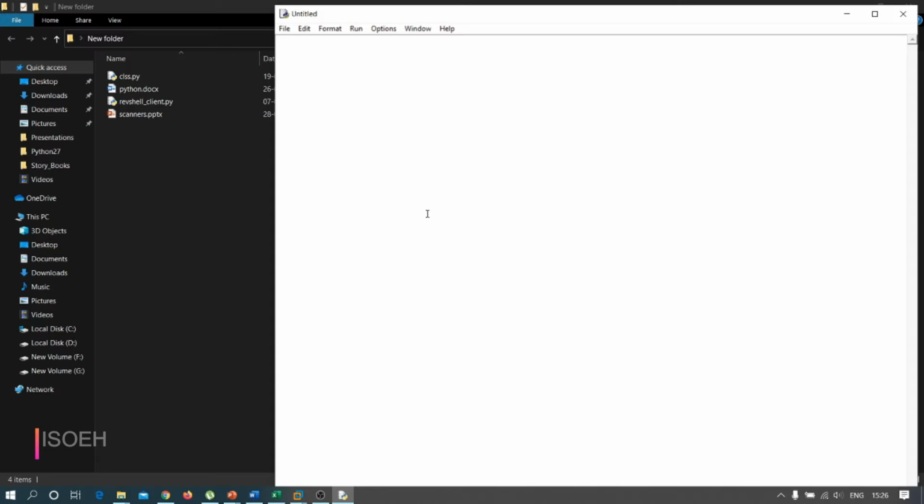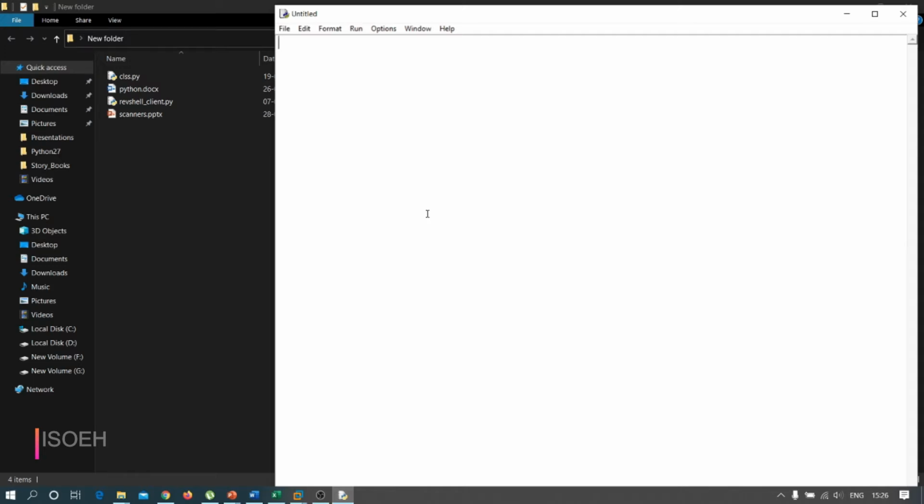In this video, I'll show you how you can lock a file using a Python script. So you don't need to install any third-party application for locking your personal files. If you know Python, you can just create a simple script and lock all your important files. For this video, you just need to have a simple knowledge of Python.